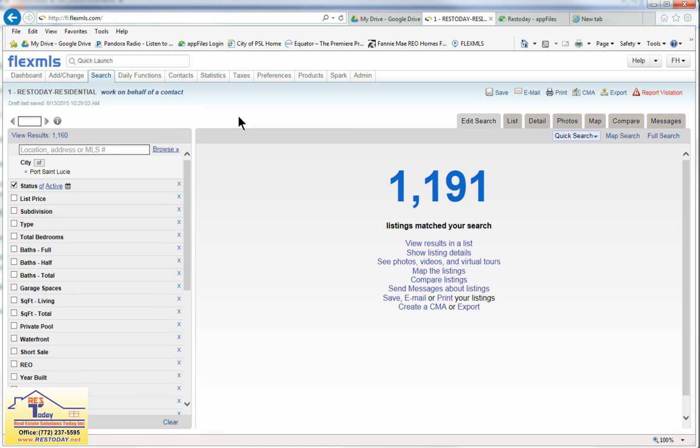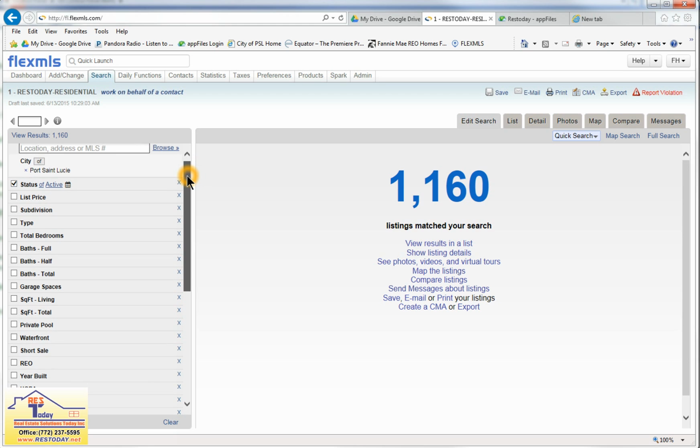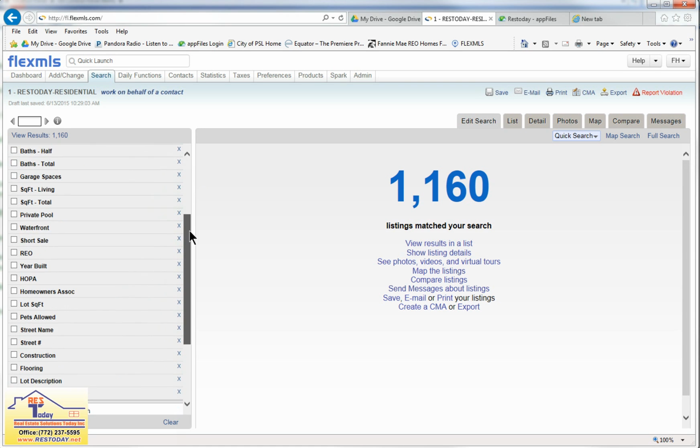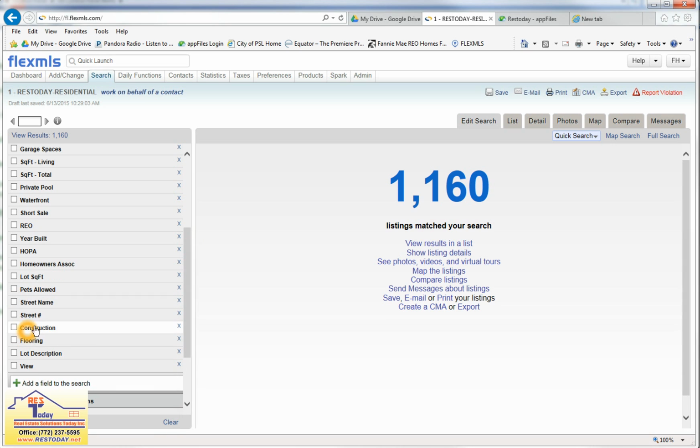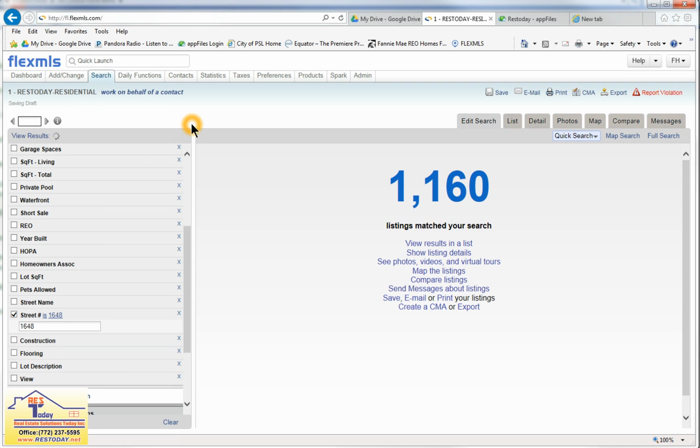Now it brings all the properties. They saw the sign and don't remember the street, but they remember the house number. Let's find one of my Fannie Mae here. The house number was 1648. Scroll down in my template and look for street number. Click on street number and just type 1648 and then click